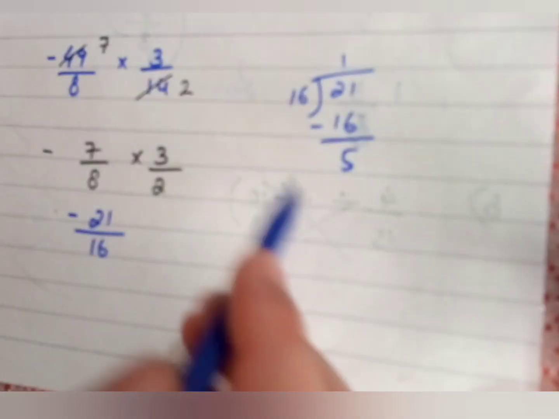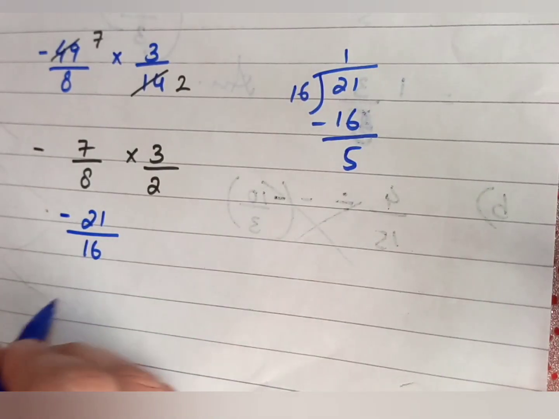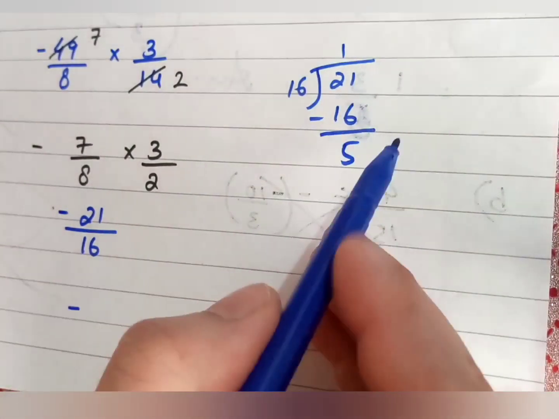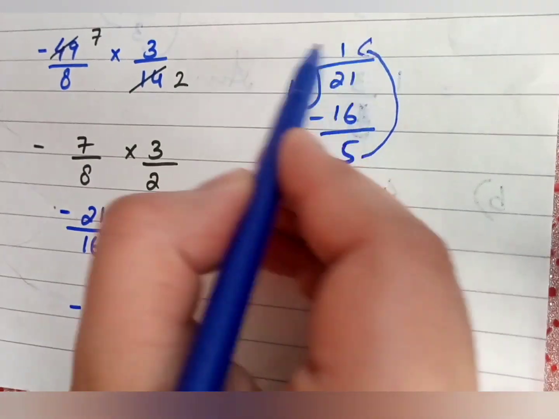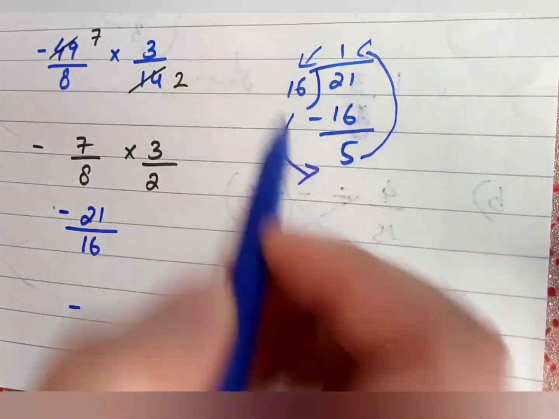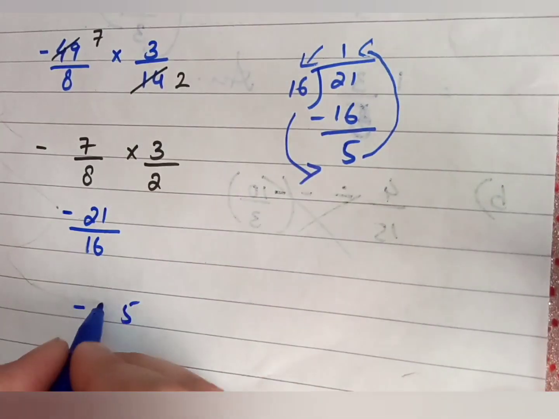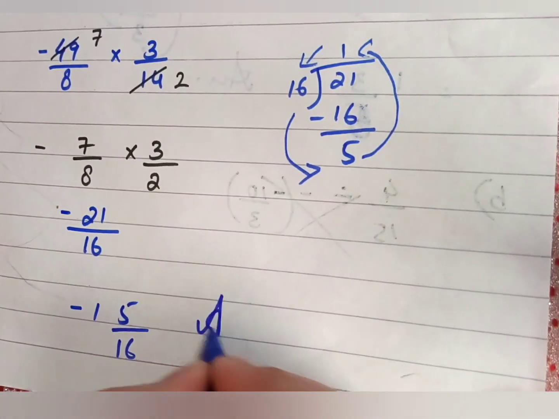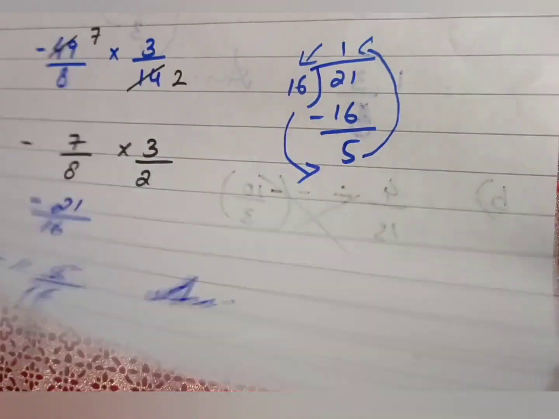Now you have to write in your division. The sign is minus, put up the minus sign, then your terms will be written in the cyclic process. 5 will be shifted upward, then 1 on the left side, and 16 downward towards the denominator. So that is your part C of question 5.